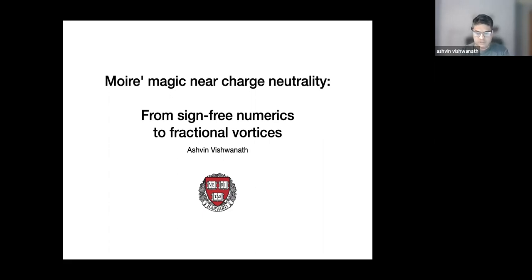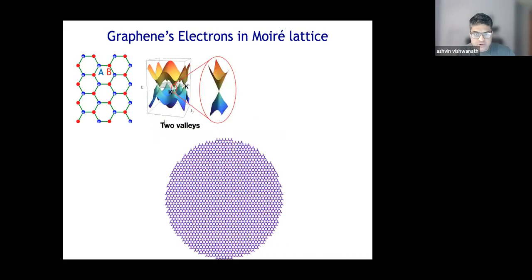Okay, so I'll tell you about two projects. One is about a new kind of numerics that we've been able to do here for the first time, quantum Monte Carlo that lets you get to really large system sizes. I'll tell you some of the surprising results we have seen there, especially for the finite temperature physics. And then I'll tell you some general constraints from theory for superconductors that might emerge from the charge neutrality point. Okay. All right. So we had a nice introduction by Pablo, so I could skip a few of my slides.